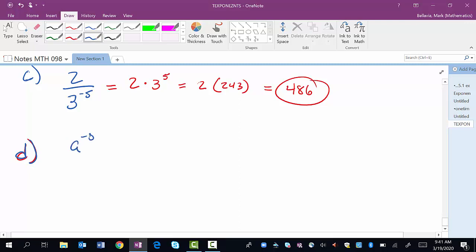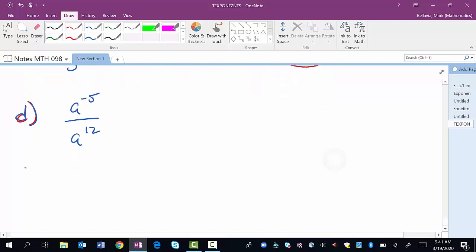a to the negative 5 over a to the 12th. Now there's a couple ways you can approach this. If I notice they have the same base, that means I can divide them, keeping the base the same, right? So if the base is a, the base is a, the base stays a, and then my rule for division of things with the same base tells me I subtract the exponents. So this would be really a to the negative 5 minus 12. So keep in mind when I say that, right? It's negative 5 minus 12. Now you don't have to show this, but it might be helpful to see it, because negative 5 minus 12 makes it more negative. It's a to the negative